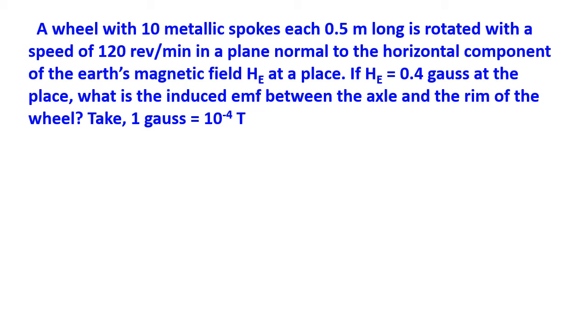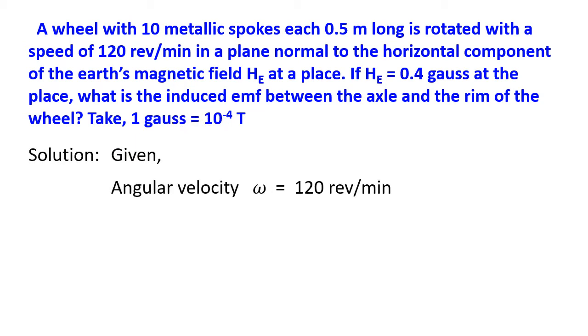In a plane normal to the horizontal component of the earth's magnetic field He at a place, if He equals 0.4 Gauss at the place, what is the induced EMF between the axle and the rim of the wheel? Take 1 Gauss equals 10 to the power of minus 4 Tesla. This we already know. So first, if you analyze the given data,